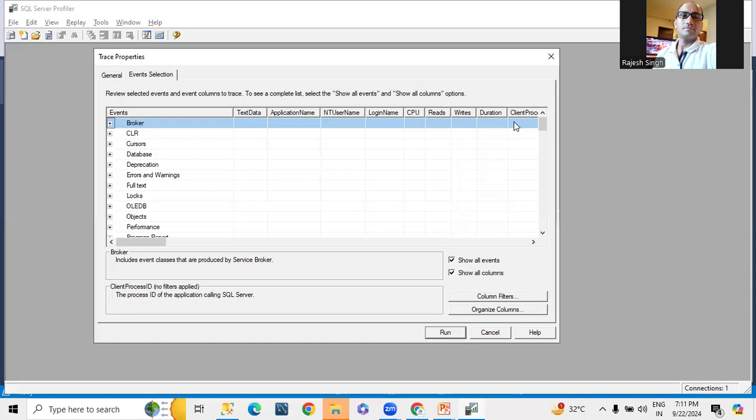Why do they say the profiler is resource intensive? Because let's suppose I'm executing one procedure or query, so they encapsulate it into two forms: one for the profiler, one for the actual request. And whatever action is happening, both are synchronizing with each other. That's why they say it's resource intensive.